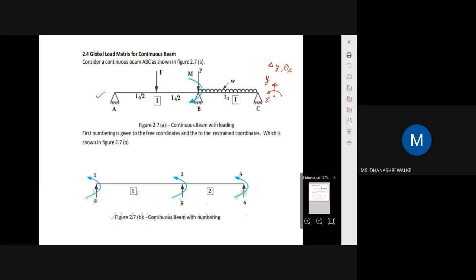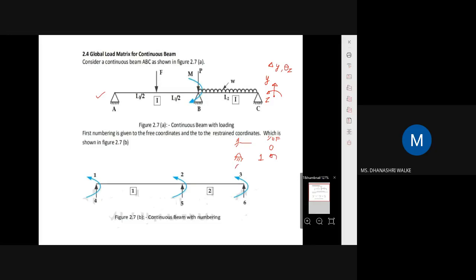In case of a beam, what do you have to keep in mind to find the degree of freedom? For a fixed support, the degree of freedom is 0. For a hinge support, the degree of freedom is 1, which is only rotational displacement, because a hinge has two reactions: in the y direction it is restrained, x we are not considering, so it only allows the structure to rotate in the z direction.